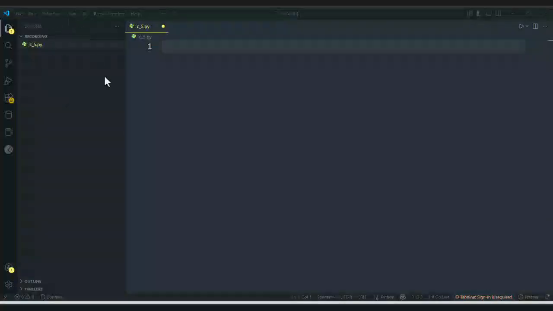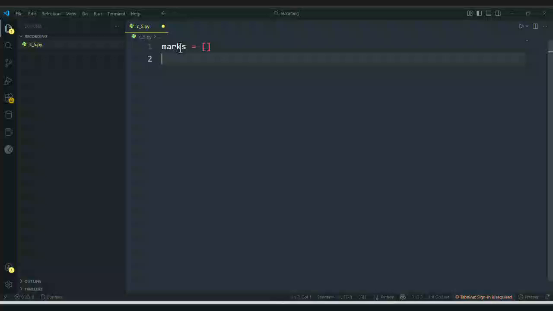then create a file. As you can see, I've created my file c5.py. The first thing we are going to do is create a list that will store those 6 marks. So I will say marks is equals to, for now an empty list, because no mark has been entered. The next thing we need to do is to